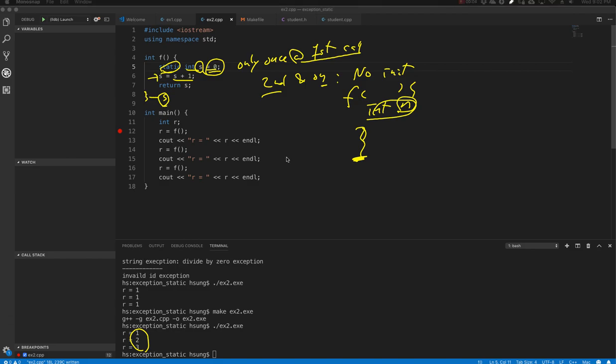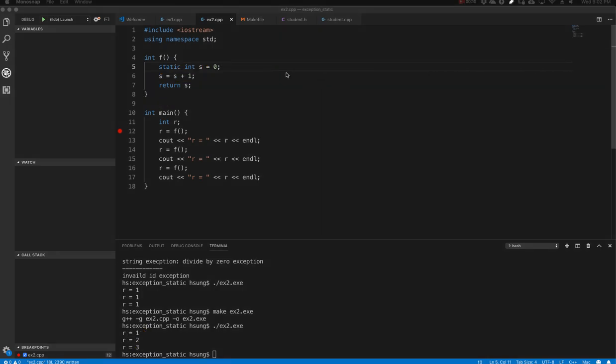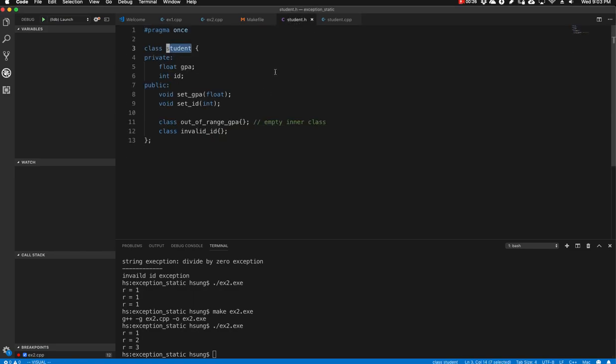Static member in the class works a little bit differently, but you can use that one to trace how many objects of the class have been created, or how many objects are left over by the end of the function call and the like. So let's go back to the student class, and then here let's define